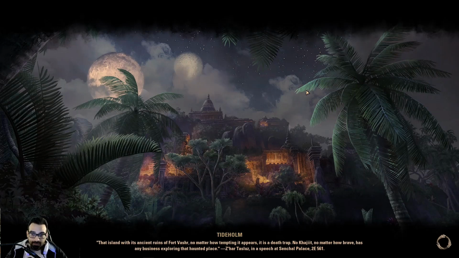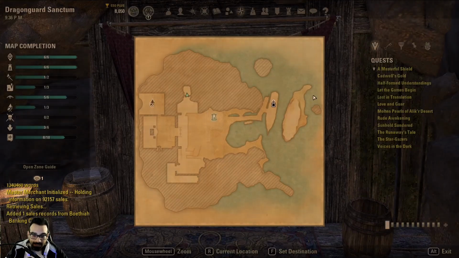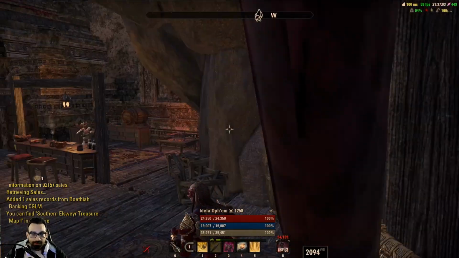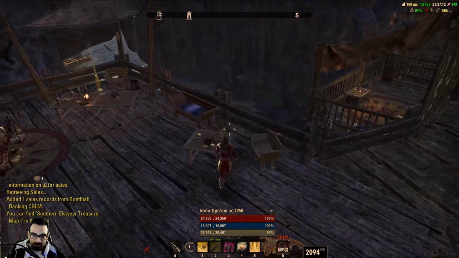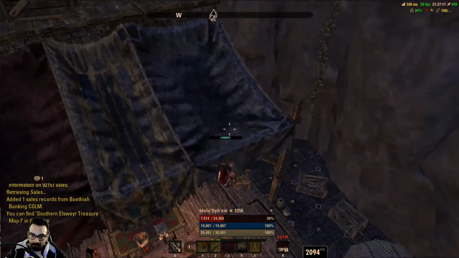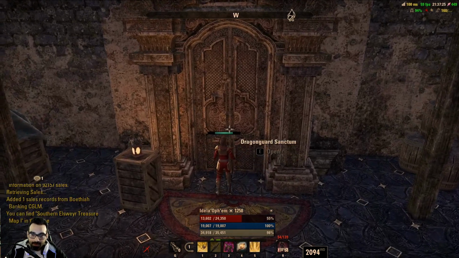But not only do you have to do those, there's also a daily quest that will appear right here in Tideholm once you open up the Dragon Guard, and it's by this NPC right here, Chisbari the Chipper. She'll give you a daily quest where you have to go and kill dragons that spawn here. You kill 3 dragons, you hand it in, and you get that quest. I believe after 2 or 3 quests, this person will give you another quest. And there's another NPC right down here that will also give you a quest. So you have to do a certain amount of quests before you can open up the Dragon Guard Sanctum,